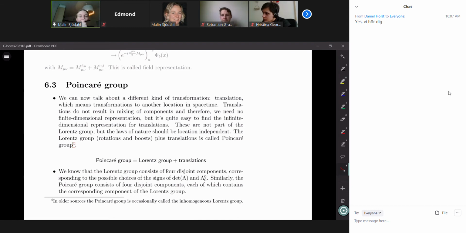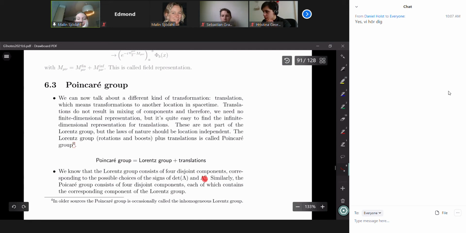So what is the Poincare group? Well, it is the Lorentz group combined with translations. So x goes to x plus something, or t goes to t plus something. And since the Lorentz group was split into 4 components according to the determinant being plus minus 1 and gamma 0 0 being plus minus 1,